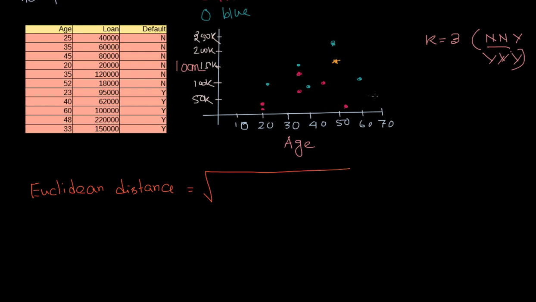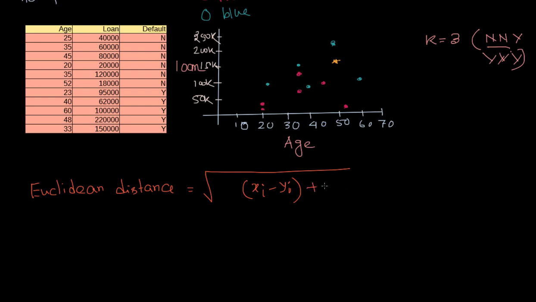Then we will take the three nearest points, right? So if I say xi minus yi, xi is the x value of this yellow point, that means 48, minus the x value of any of these points,